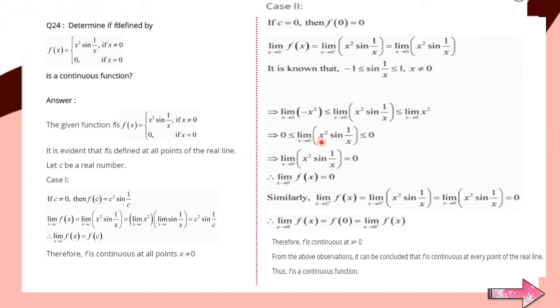Now it is greater than or equal to 0 and less than or equal to 0, so we can say it is definitely equal to 0. And what is this? This is f(x) only. Same way we can talk about the right hand limit. This will also be equal to 0 and the value of the function at 0 is also 0. So again this function is continuous at x equal to 0.